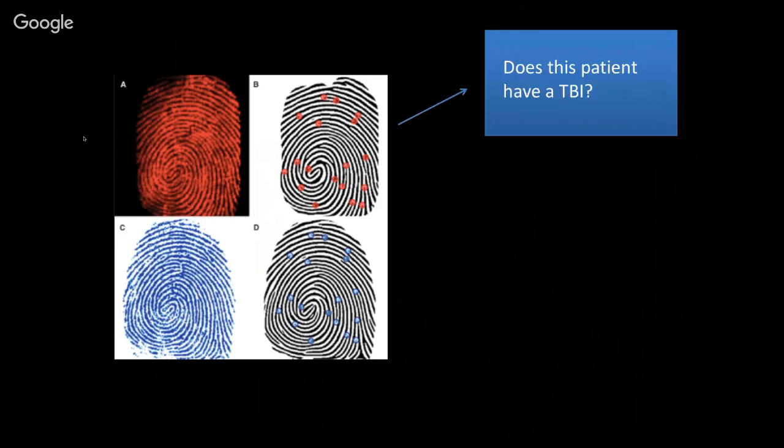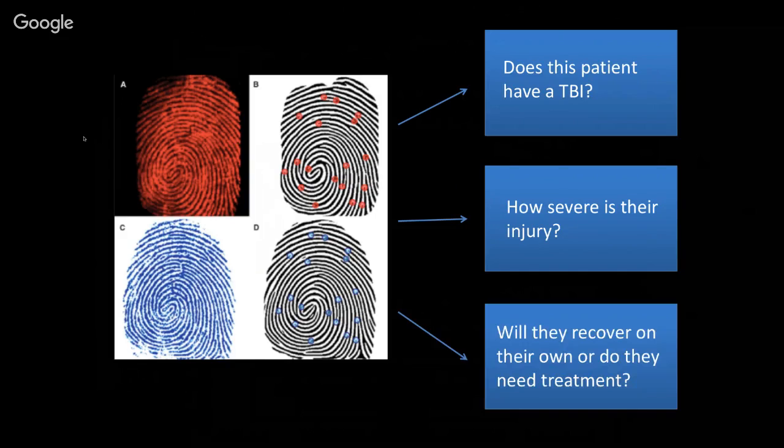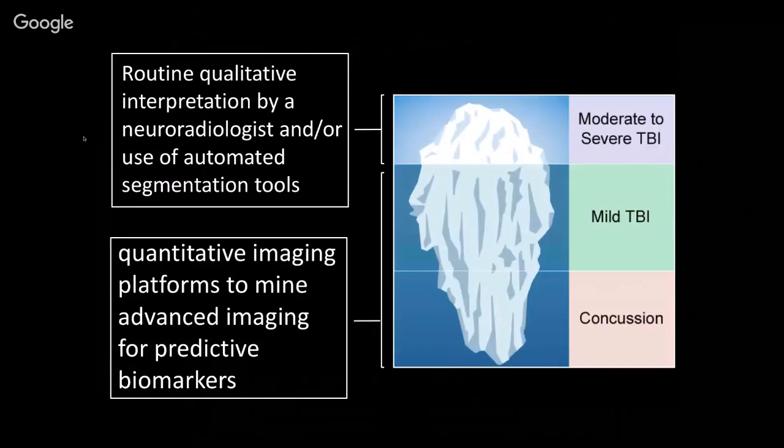And all of this, at least in the setting of traumatic brain injury, will be designed to implement tools that will help us to understand, in an individual patient, and given the variability from one patient to the next: Does this patient have a traumatic brain injury? How severe is their injury? Will they recover on their own, or do they need additional treatment? And essentially what we're working towards is the ability to